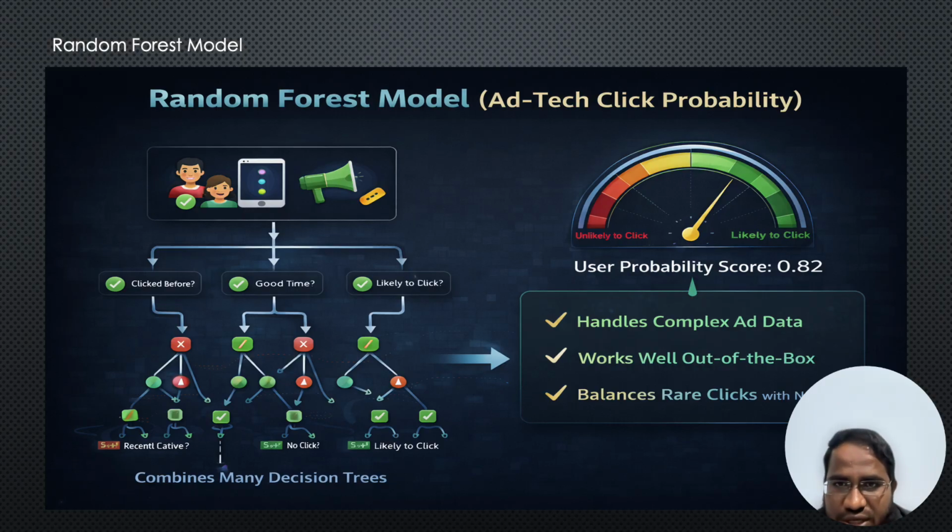Random forest model, why I have chosen this: for example, out of 1 million requests, the chances of converting those into impressions, if the ad engine behavior is very good, 80% will get converted into impressions. But from the 80% to a click, that is like 1% only. The CTR, click-through rate, of 1% to 2% is a very good CTR rate.